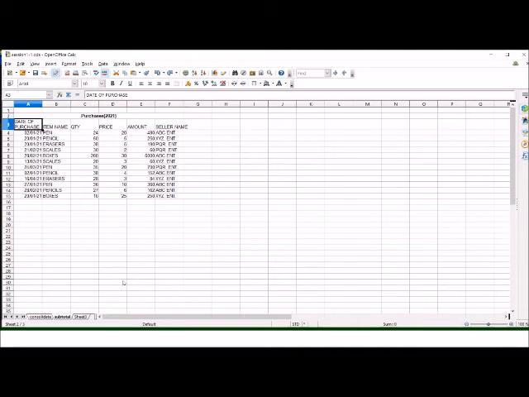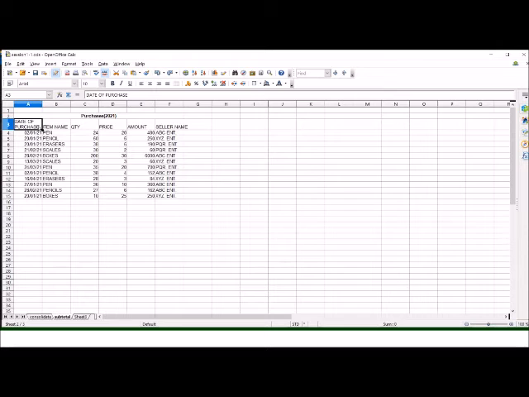Students, now we will see the practical demonstration of the next feature, which is subtotal. The Subtotal command in Calc automatically creates groups and applies common functions like sum, count, etc. to the grouped data.